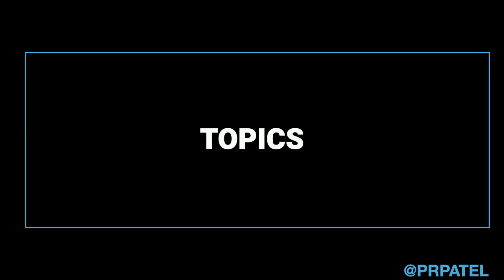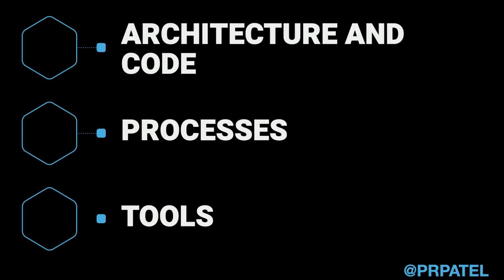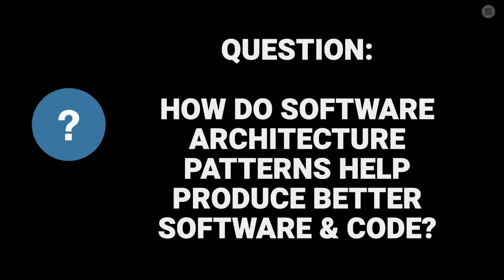All right, so let's get into some of the more additional topics here, and talk a little bit more, less abstractly and more concretely, about code quality, software architecture, and just code quality in general. Okay, so these are the topics we're going to go through. The first thing I want to talk about is how do software architecture patterns help produce better software and code? So the patterns I'm talking about are not the low-level patterns, like from the Gang of Four book,